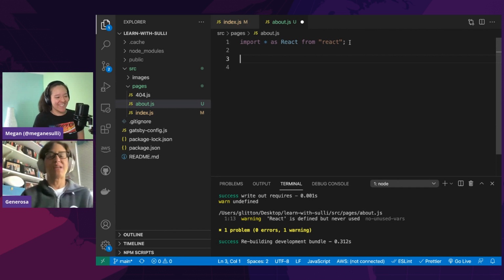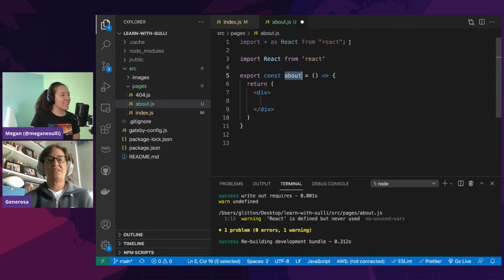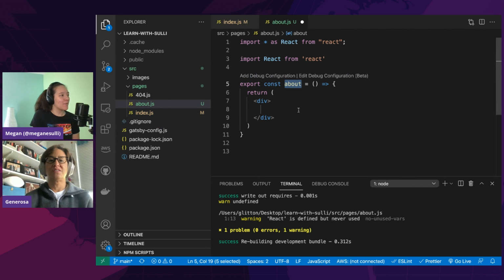All right. So now I'm going to build my about component. And again, using Emmet, you can see I can create my arrow functional component like I did by just saying RAFC. And what's so cool, it also copies the name of the file. And it actually did an export already. Okay, we can try this and see what happens.